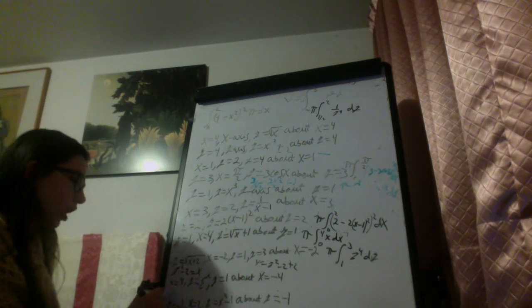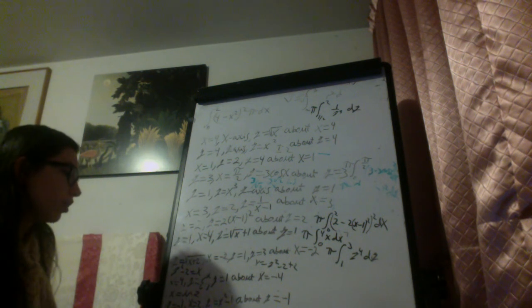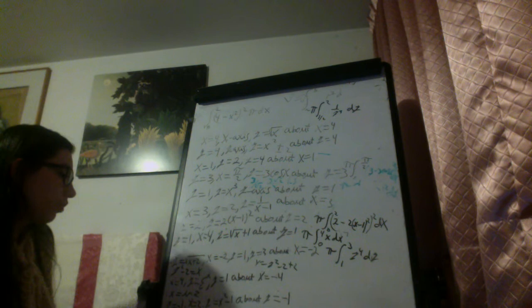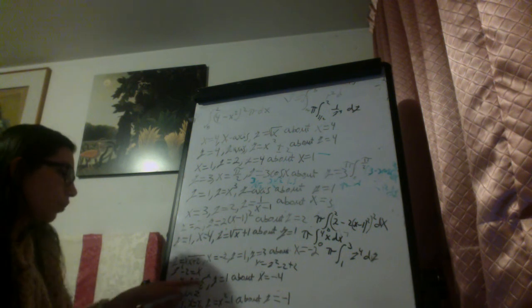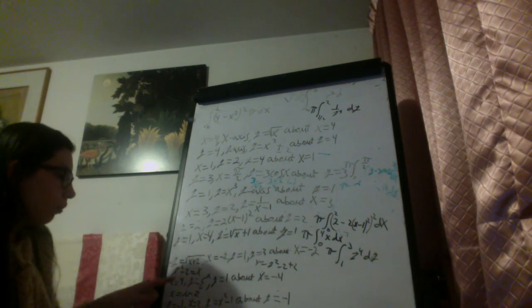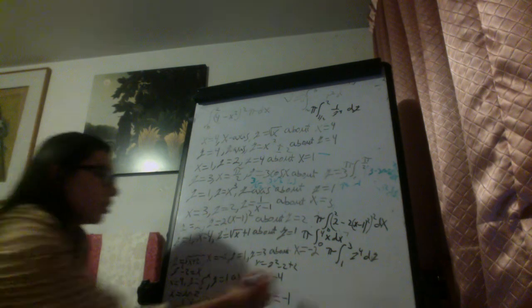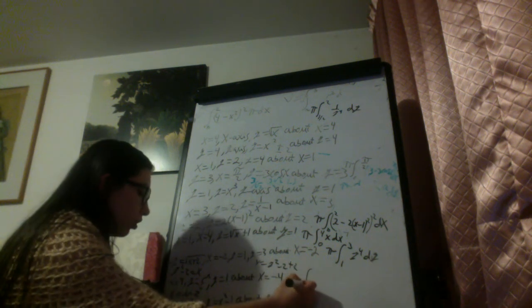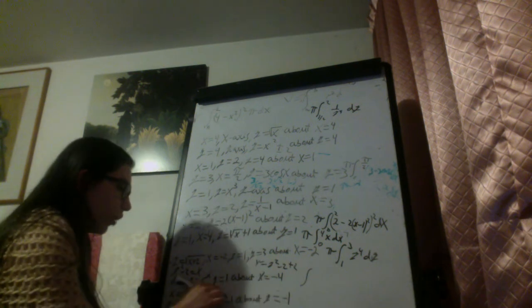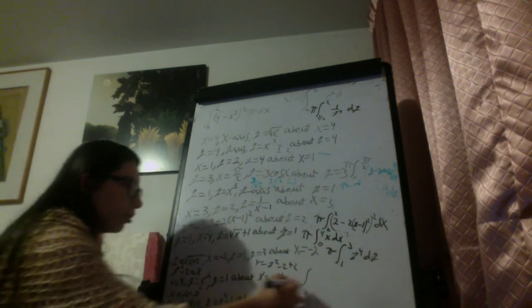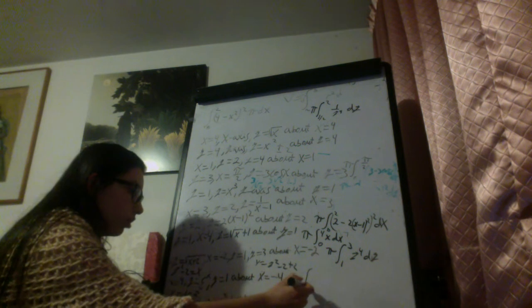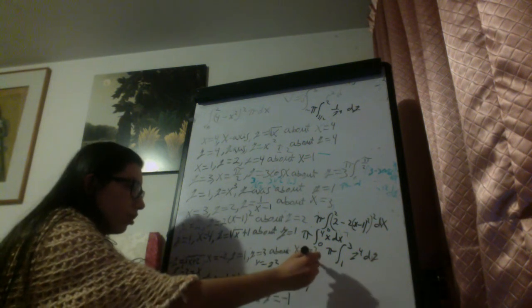So here x is equal to the natural logarithm of y. One of the bounds of integration is y equals 1. The other is where x equals 4 and y equals e to the x intersect, so when y is equal to e to the 4. So this is the integral from y equals 1 to e to the 4 of,